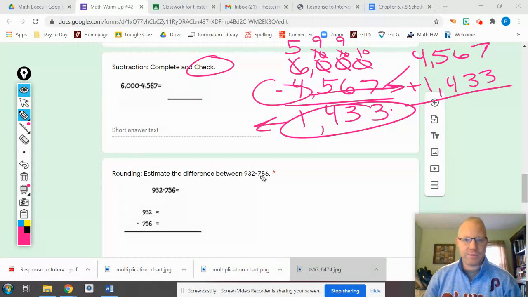Rounding, estimate the difference between 932 and 756. So 932 has to change and 756 has to change. When it tells you to round, but it doesn't tell you the position to round it to, like it didn't say to the tens or the hundreds,